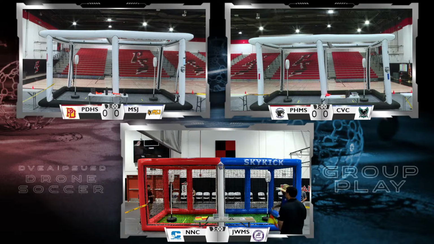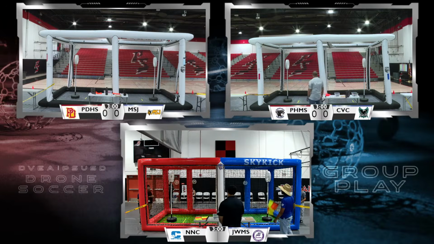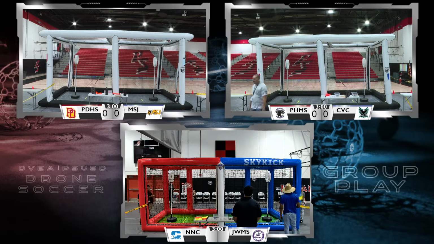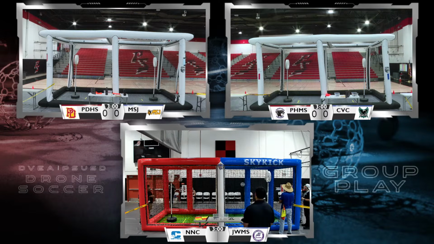After the game points are established, we will determine tiebreakers by the number of goals scored. So if you win the first game with 10 goals and you win the second game with 10 goals, you would have 2 points as a team, and you've scored a total of 20 goals. 10 for the first, 10 for the second.